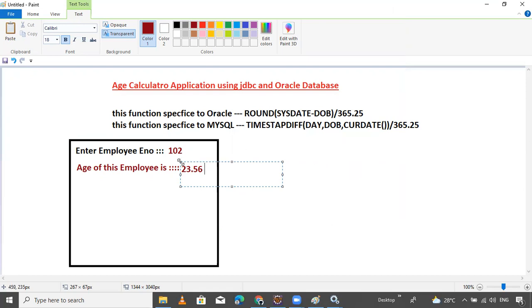This is showing year and some month related kind of thing. Okay, it's showing directly.